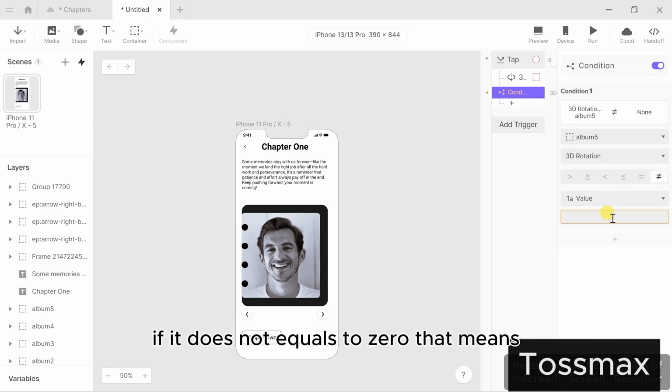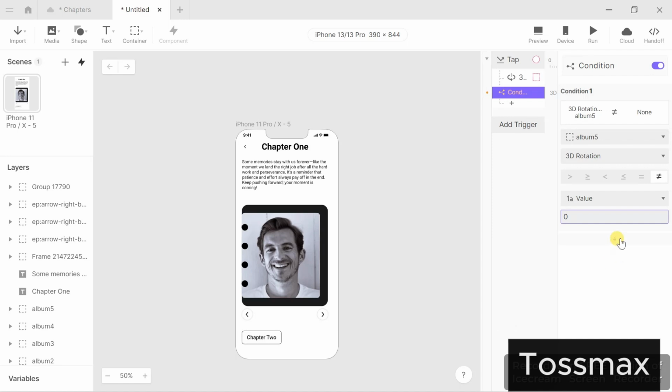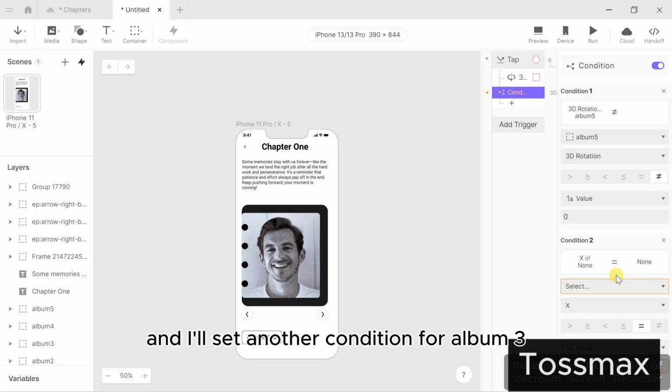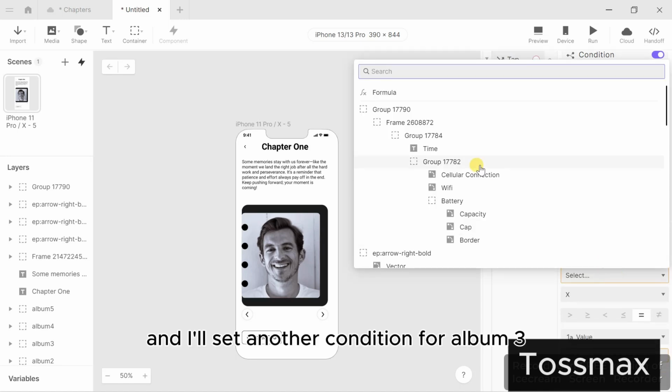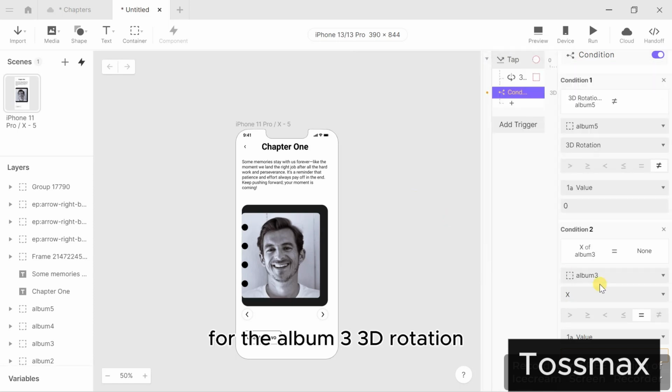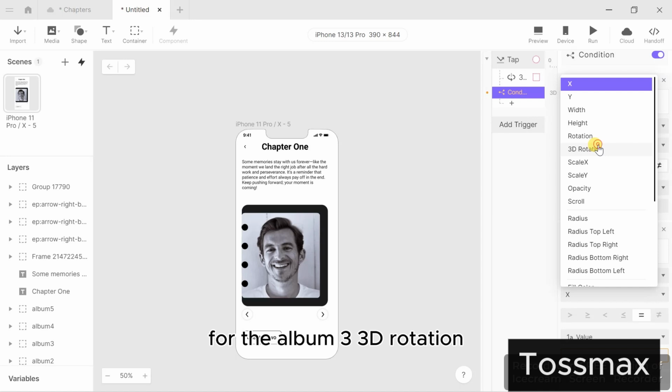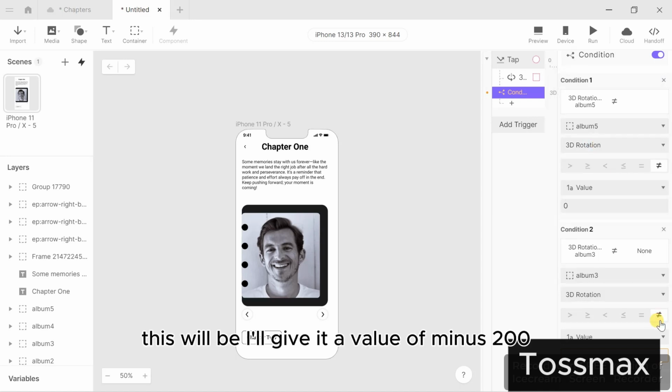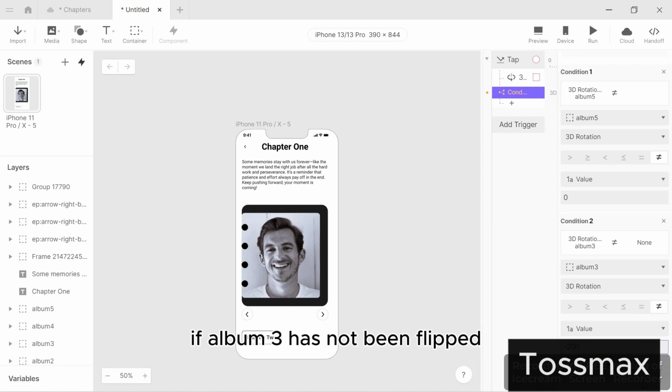If it does not equal 0, that means I'm saying that it has moved to -200. And I'll set another condition for album 3 because we are flipping album 4. For the album 3 3D rotation, I'll give it a value of -200 because it has not been flipped before. If album 3 has not been flipped,